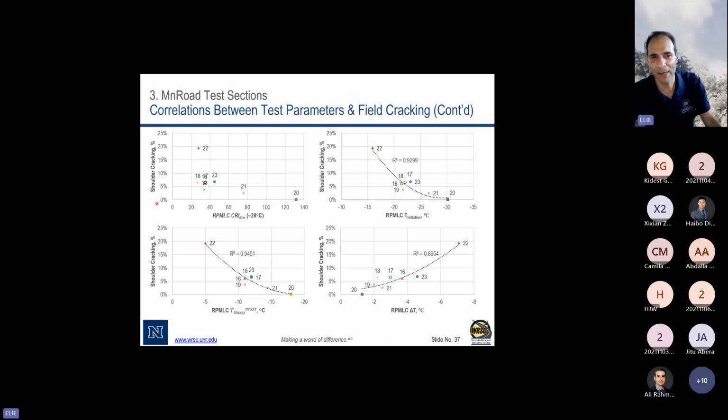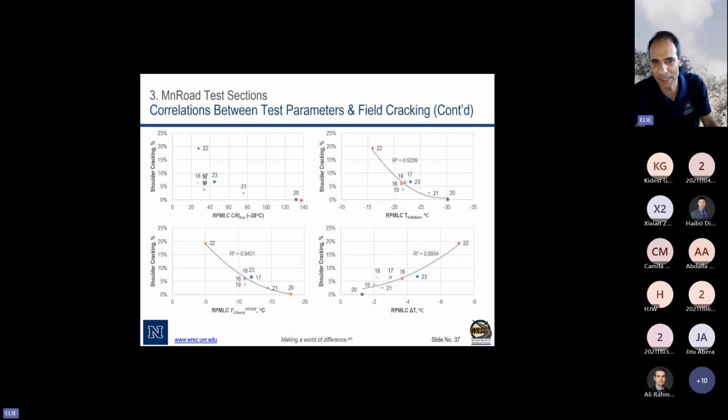Look at this. This is the cracking. It's beautiful. The higher the CRIE, the better. And that's what we're seeing. So the reason your correlation is only 0.59 is because we have a lump over here of mixes. Those are all performing very, very similar. They have a very similar cracking, and they're ending up with a very similar crack resistance index. That's why the correlation is not very significant.